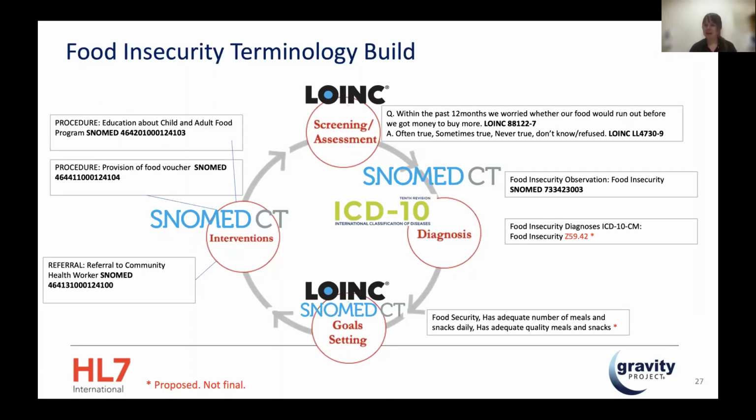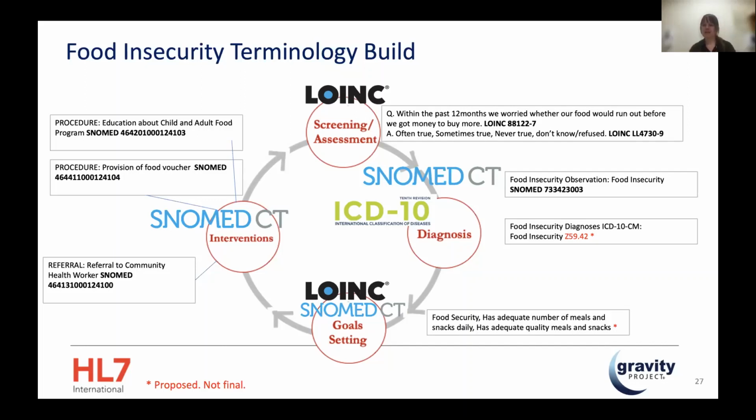If you were thinking about how this might play out within real terminology regarding a real problem, the way this would play out is as follows. Within screening and assessment, all of the US core tools for assessing food insecurity as endorsed by the United States Department of Agriculture are now built into LOINC. That critical 2-item questionnaire, or the Hunger Vital Sign, is built into LOINC as well. I believe that might be the tool that Dr. Pinto is referencing. And so you can ask patients questions, get standard answers, and you're able to share that information and maintain the meaning, because we know exactly what's said because it's retained in the data.